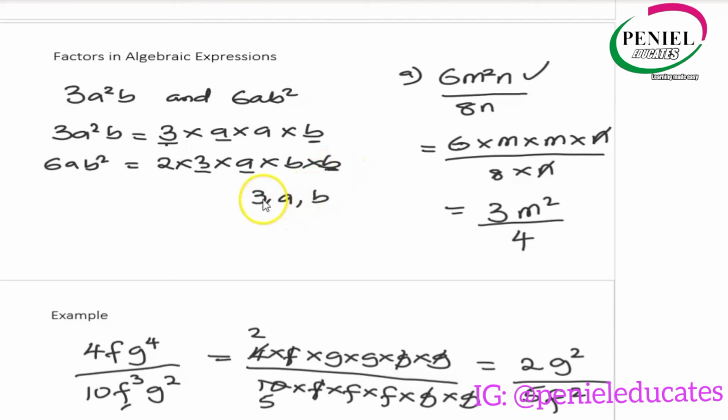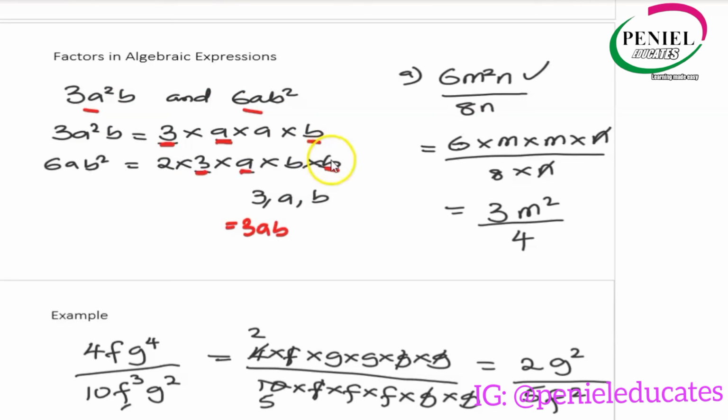If you want to look at the common factor, you know that 3 is common, a is common, and another b is common, so you can have 3ab